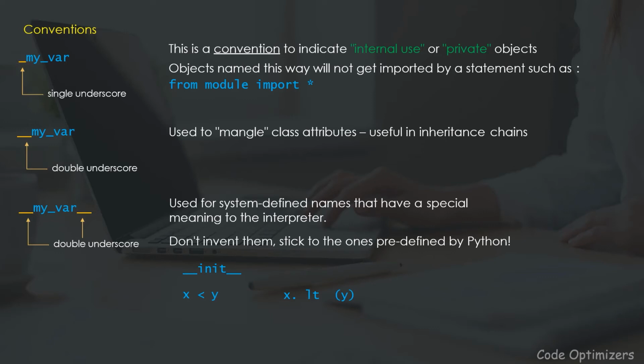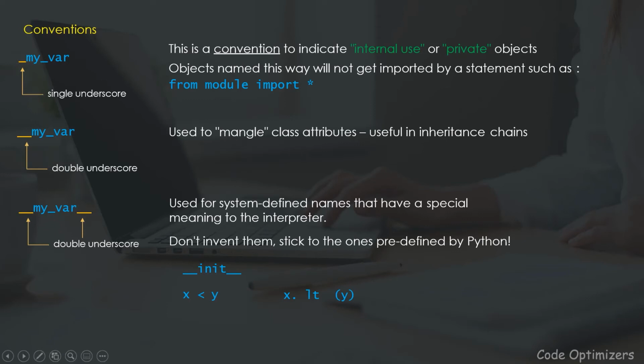Now what are they? Well, there is a slew of them, and we will see a lot of them throughout this course. But for example, you have the init method to initialize a class, that's the double underscore init double underscore function. When you create a new class, it will call that particular function, and it's going to look for the function.